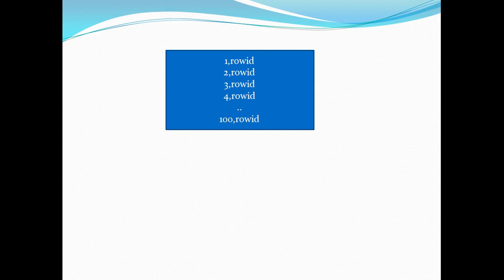So if you run a query and the optimizer decides to use the index, it's going to access this leaf block, and based on the row ID, it's going to go to the table and fetch the data. Now let's see what is going to happen to my index when I further insert more rows in my table, and then we will learn the concept of index spawning and index splitting.